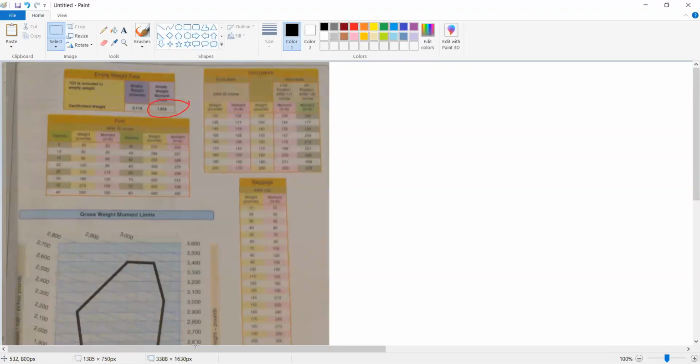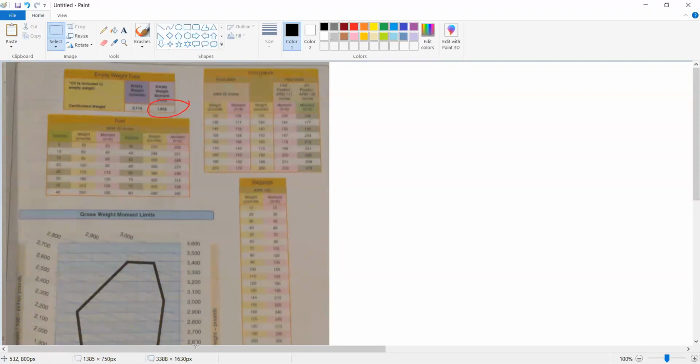So it gives us some information. It gives us the pilot and co-pilot, passengers, baggage, and fuel, but it doesn't give us the overall empty weight of the plane with oil, which is given in the chart there, and it's given to us as 2010. If you look in here, everything is given to us in the charts. We have moments, but